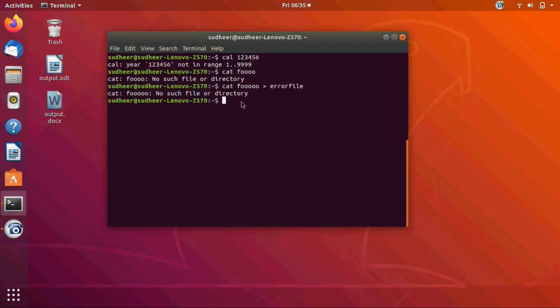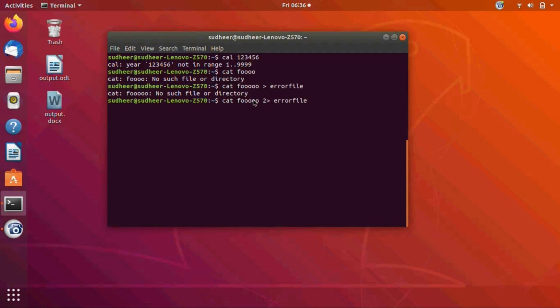To redirect standard error, we have to use cat foo 2 greater than symbol and the error file. Here you need to use the 2 greater than symbol for the redirection of standard error.